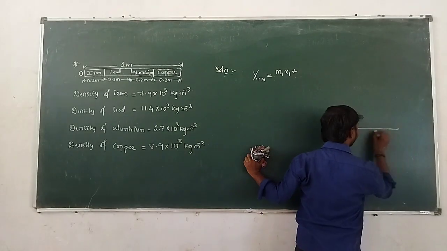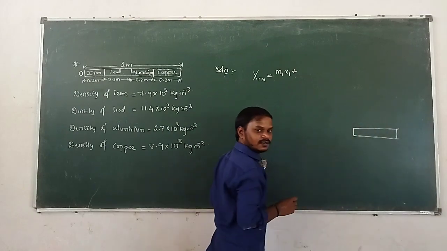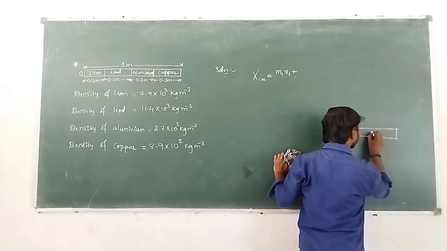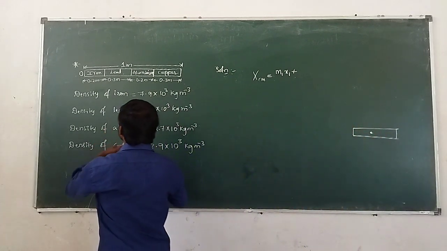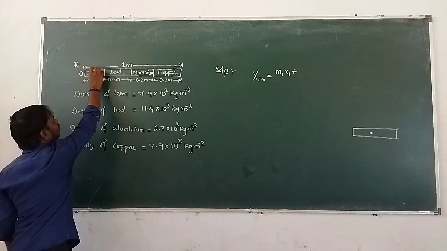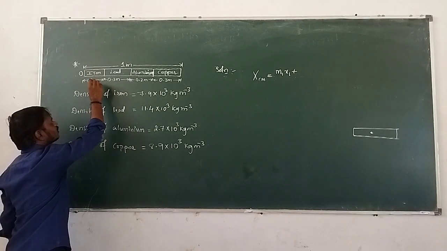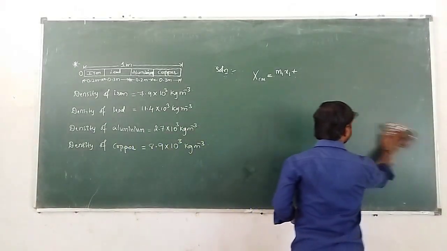See, this is iron. Let us take this iron. Where is the center of mass located? Its entire mass is located at the midpoint. So the entire mass of the iron is located at the midpoint of the iron from the O, that is at what distance? That is at the distance of 0.1 meter. So let us discuss that one.